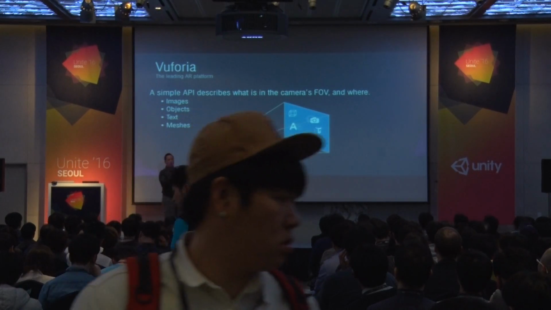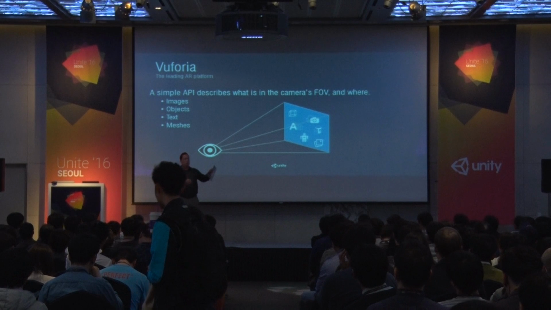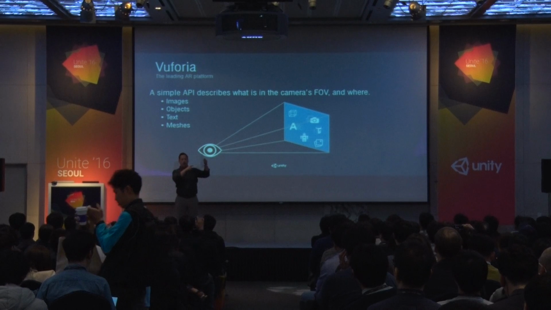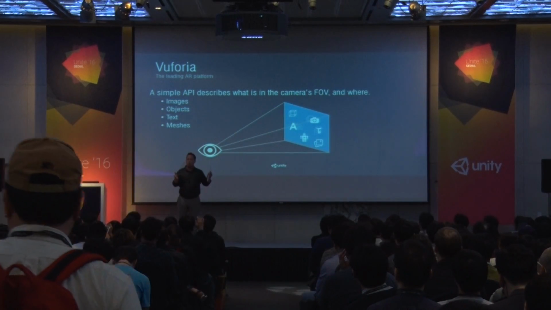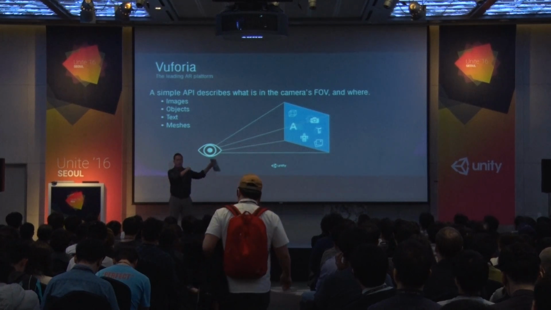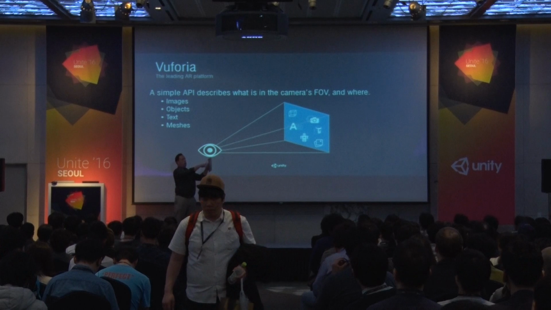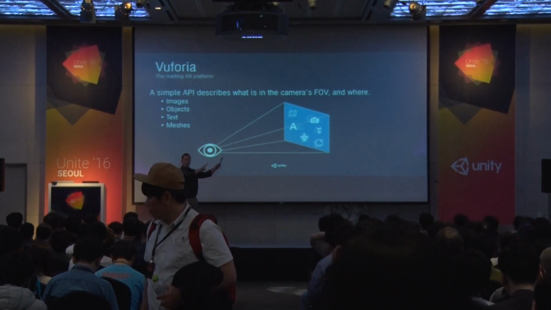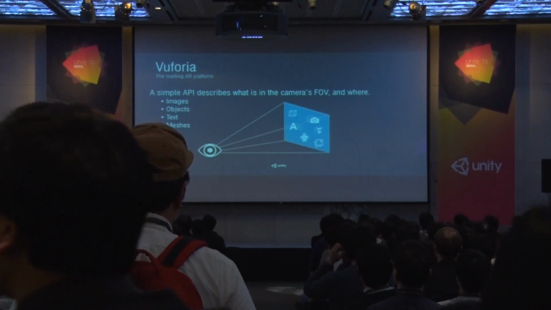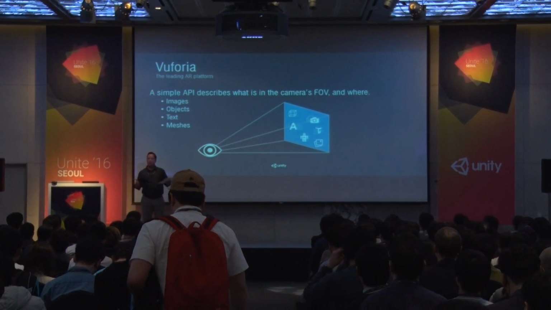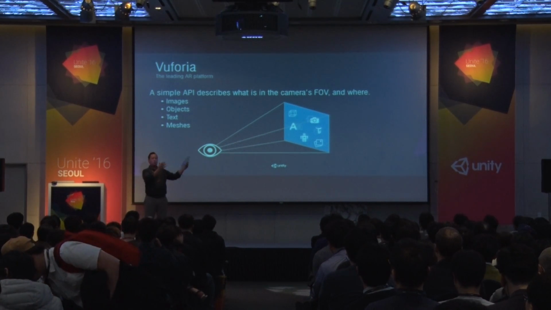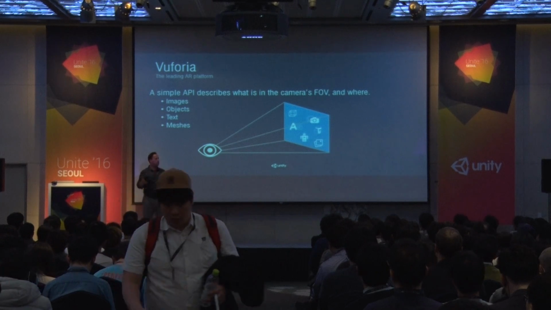So that's recognition. And tracking is when you know this is the Stones image, and it's this far, or maybe it's this far, and it's tilted in this direction. That's called a pose. So we can tell you where the image is relative to your camera. And what that enables you to do is to actually render digital content onto the surface in the view of the camera so that you can make it look like that content exists in the real world. And that's really the principle of augmented reality, is that you can put virtual content and virtual settings into real world settings and make them look realistic.